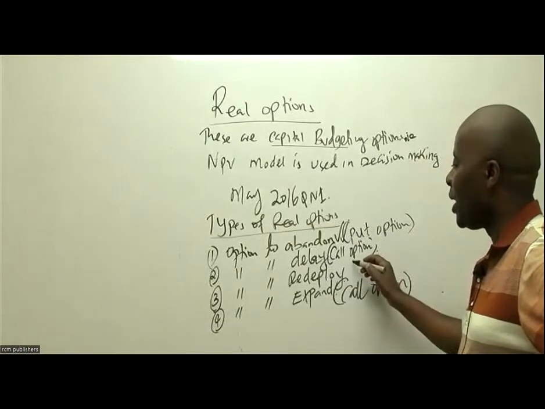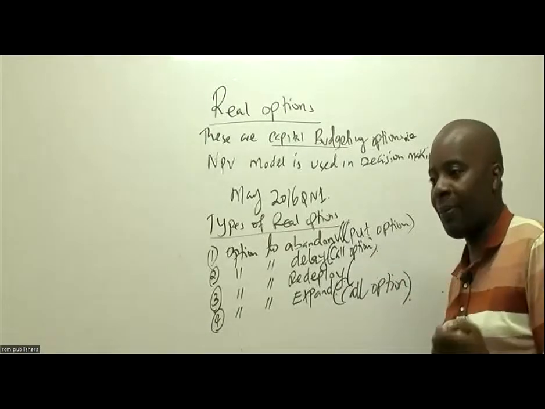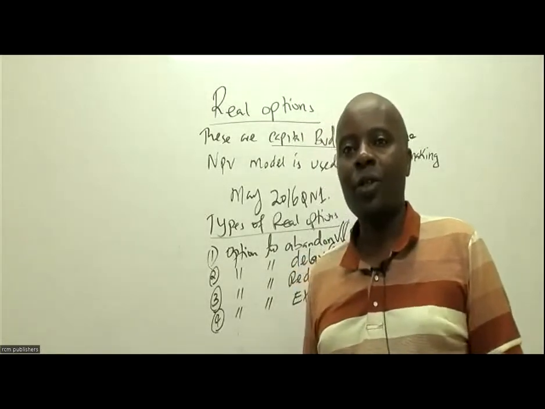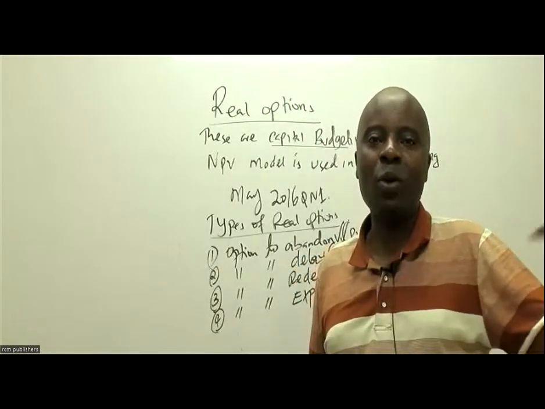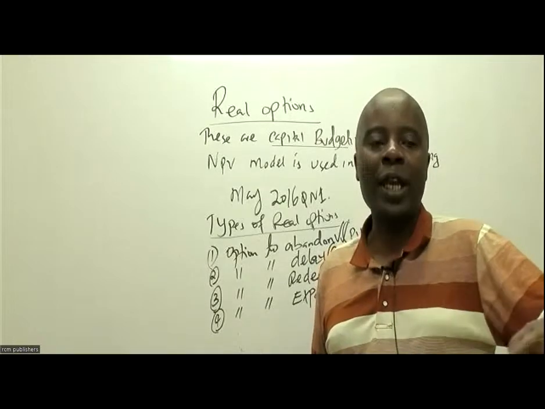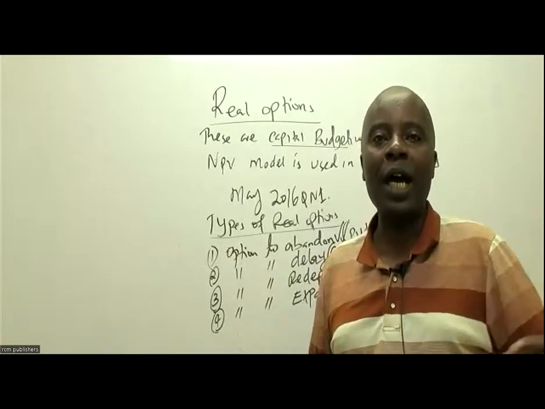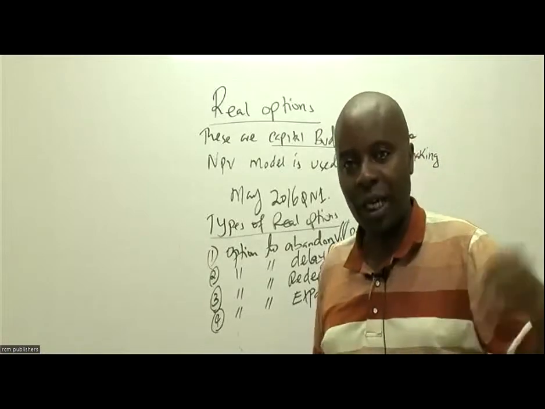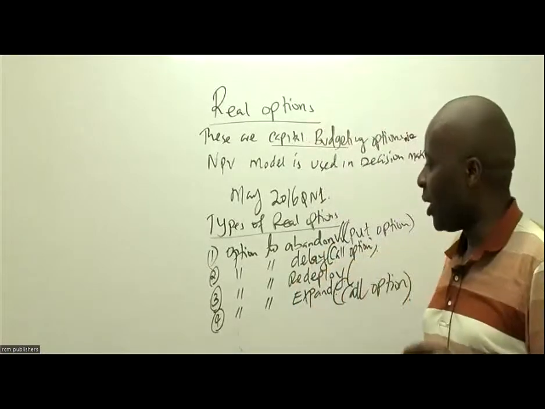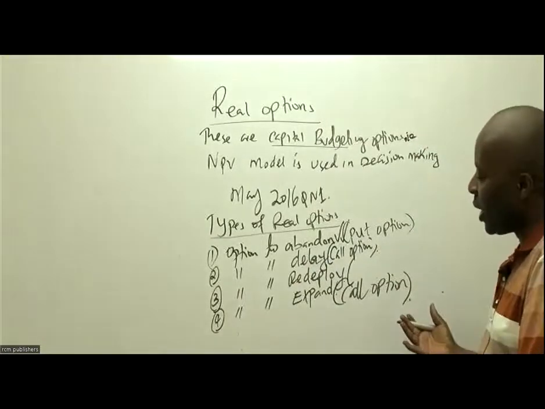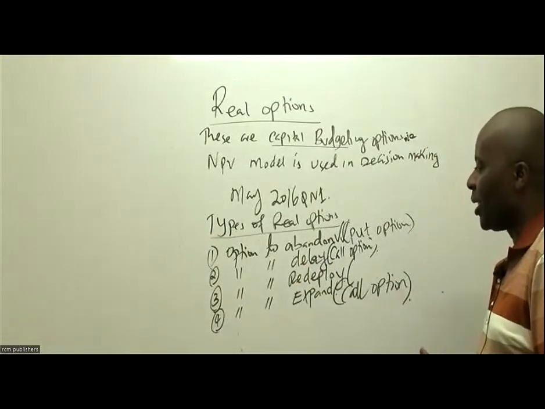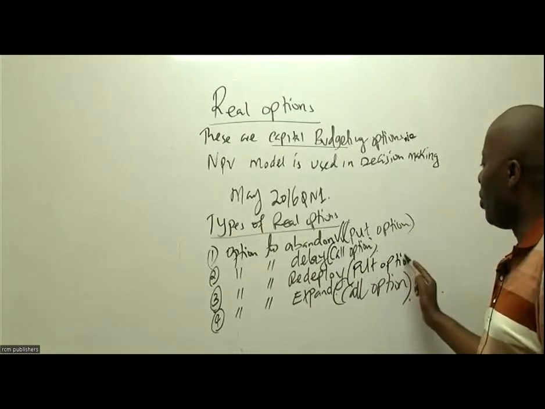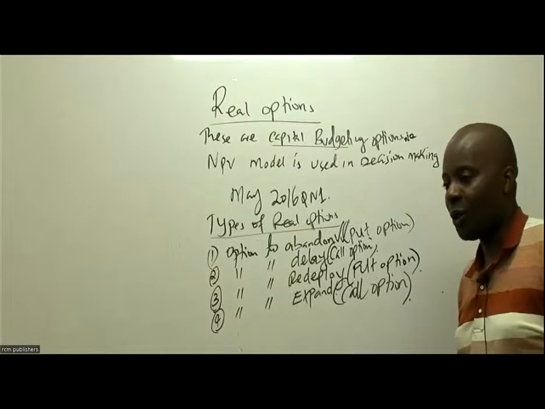The same case here with the redeploy. When you redeploy resources, for example, if I'm told that we need to move some lecturers from CPA to another department, that's a redeployment. It's like I'm selling them, because when I have them going away, I'll be able to save something in my department. So redeploying, you're sending away staff, you're sending away resources. And you're not sending them away for free, you're getting something. So redeploy is also a put option.